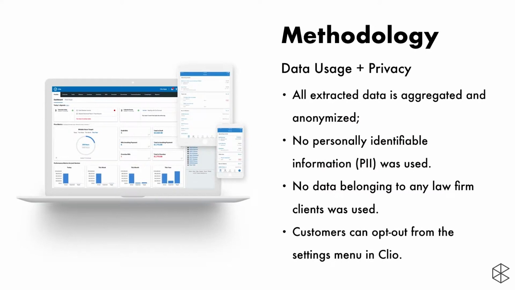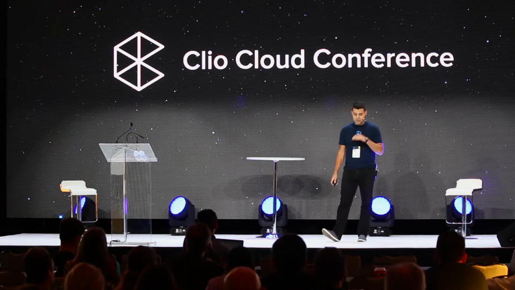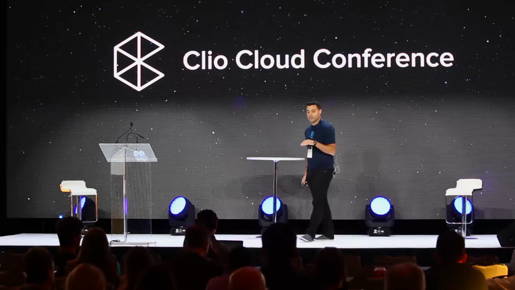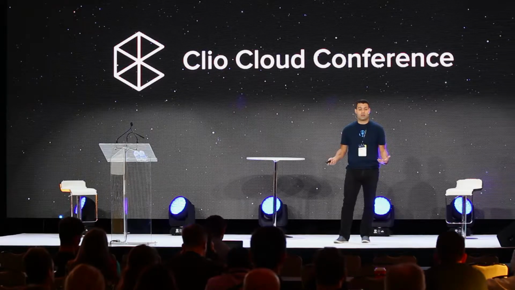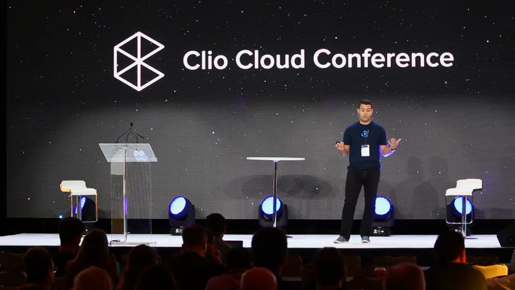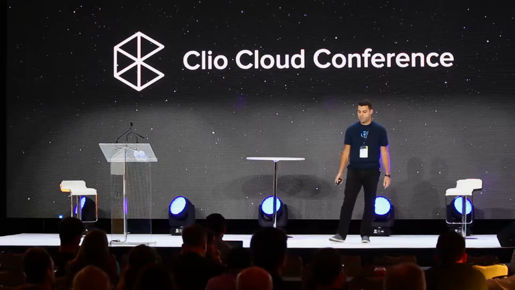The second is that no personally identifiable information, or PII, was used. The third is that in our terms of service, we define this as user content. No content belonging to a law firm client is ever extracted or used in the analysis that we prepare. And then finally, I'll mention that we do give customers the ability, if they so choose, to opt out of having their data included in the analysis. But of course, my plea to everyone would be to not do that, because we really need this both to inform ourselves on building better technologies for the profession, but also to inform the profession on building a better practice and transforming the practice of law for good.